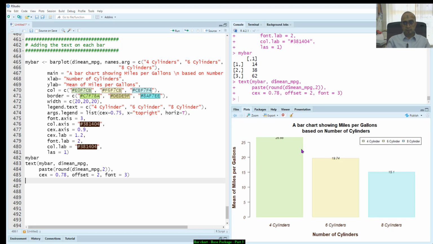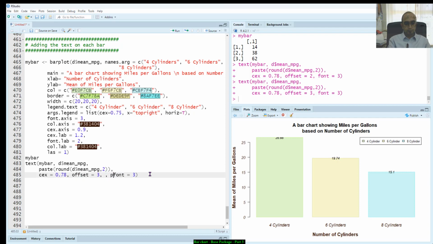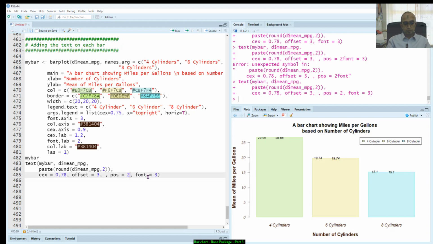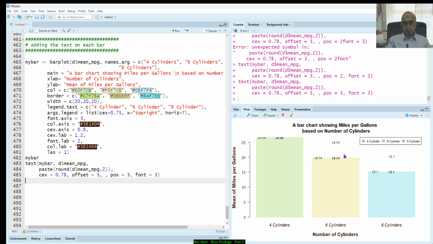So if you can see, the value of the text does not fit well in the graph. So we can change the offset. Maybe you can put pos equal to 2. Oh, sorry, I need to put a comma. Pos equal to 2, it becomes on the left side. Pos equal to 3, it becomes on the right side. Pos equal to 4, it becomes on the